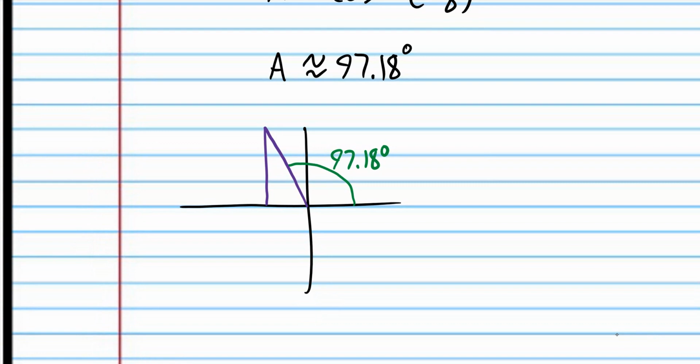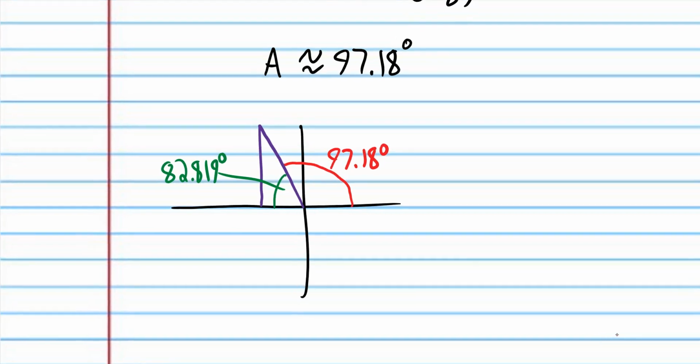And so 82.8192 is the reference angle. That's the angle in here. So maybe we should draw that. And I'm going to make this red. And our reference angles are usually green. So that angle is 82.819 degrees. So if we add that to 180,